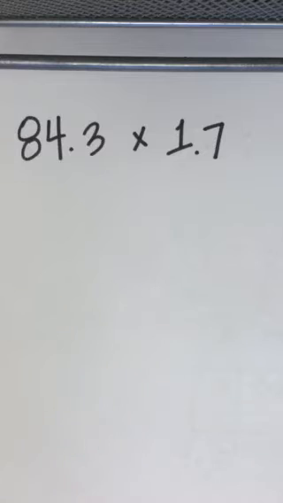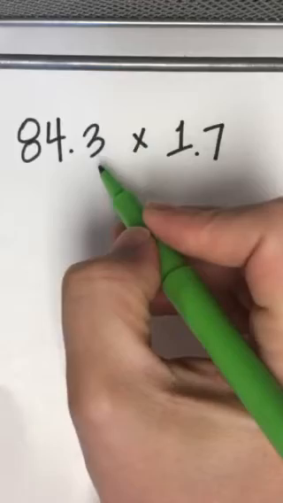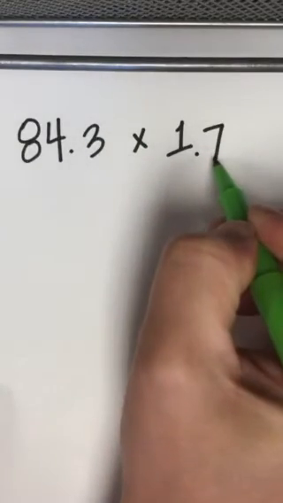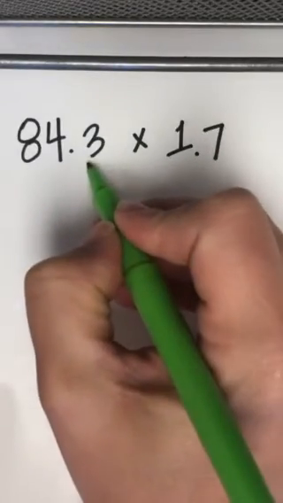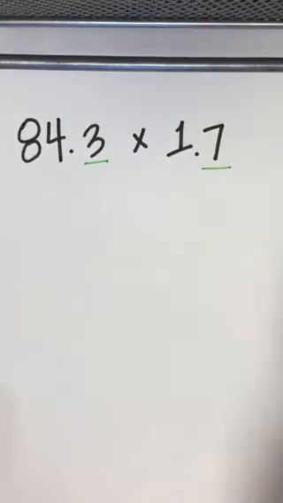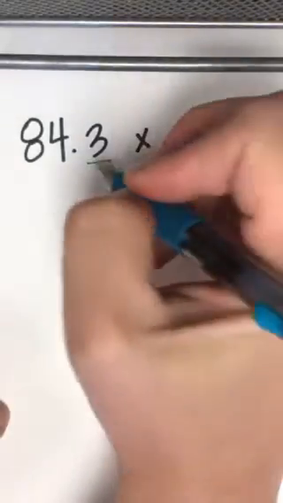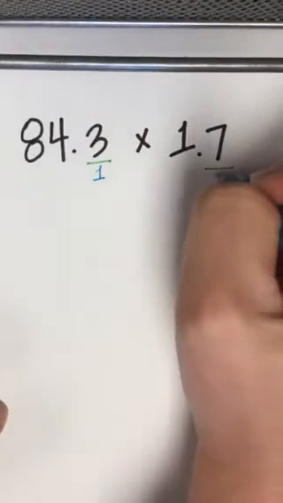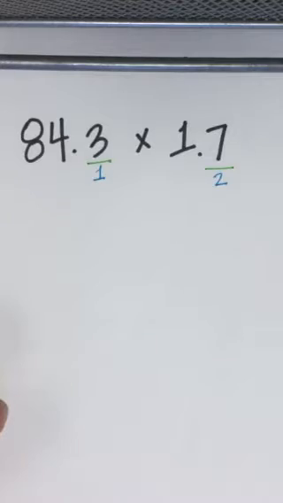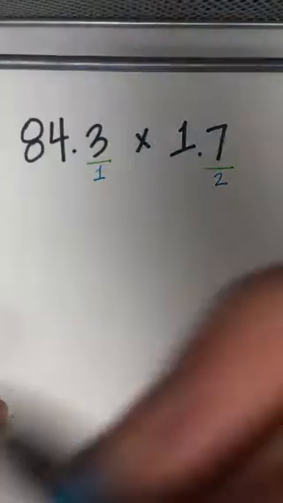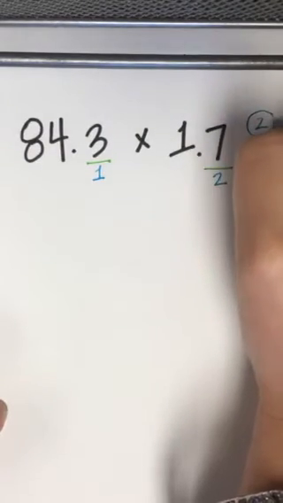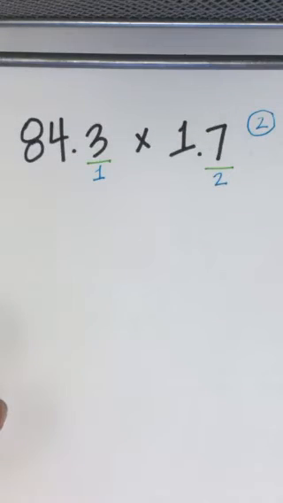So, to multiply decimals, you're going to start in step 1 by identifying how many digits are behind a decimal. We're going to do that by underlining those digits. Then you're going to count. There are 1, 2 digits that have been underlined behind the decimal. I'm going to write that number and circle it to the side, and that's all that I'm going to use with those digits till I'm done at the very end